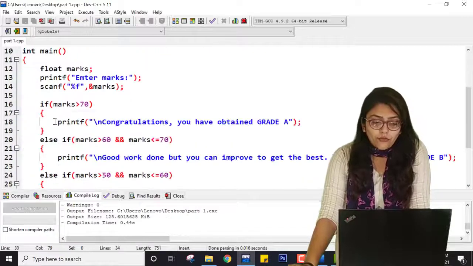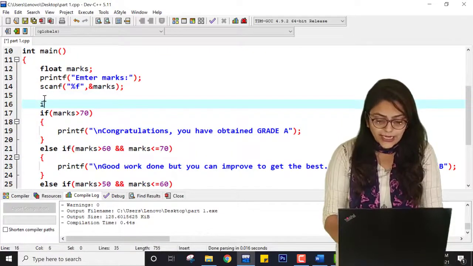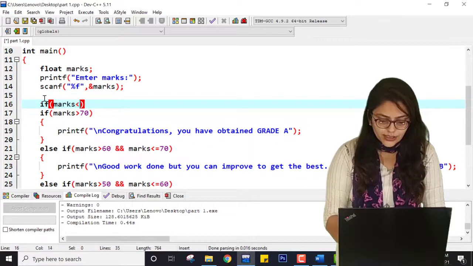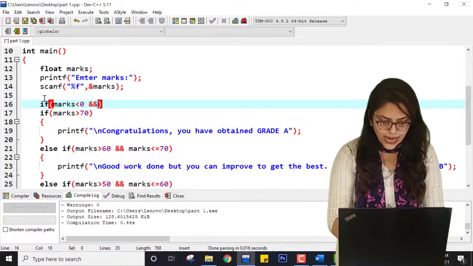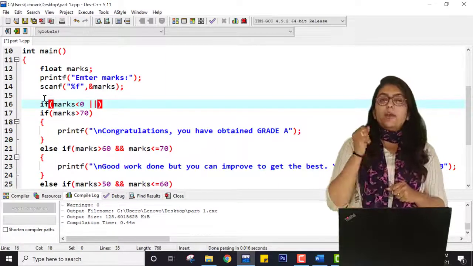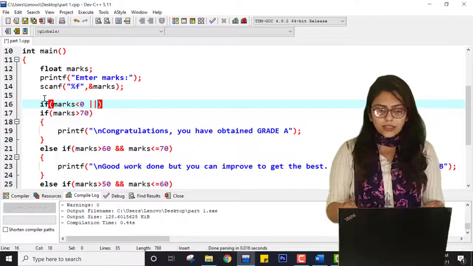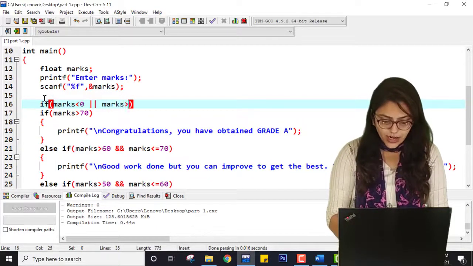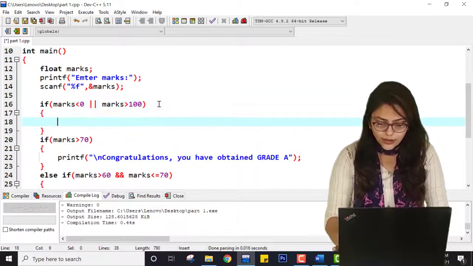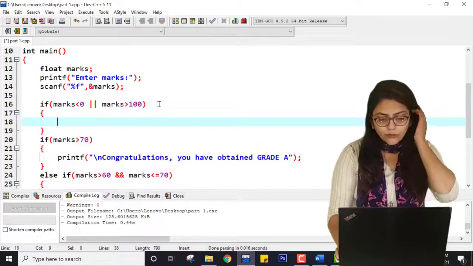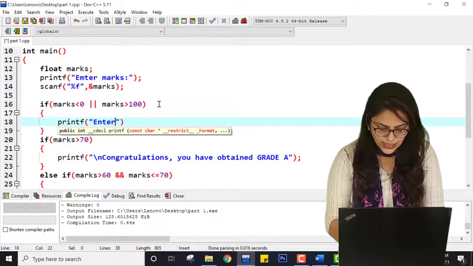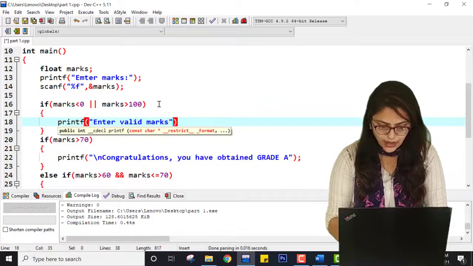So if we want to further program it, I can use if marks is less than 0 or marks greater than 100. I am using or. So if anyone is entering a mark which is less than 0, then it is not correct. And if anyone is entering marks greater than 100, this is also not correct. So here I am writing printf "Enter valid marks."